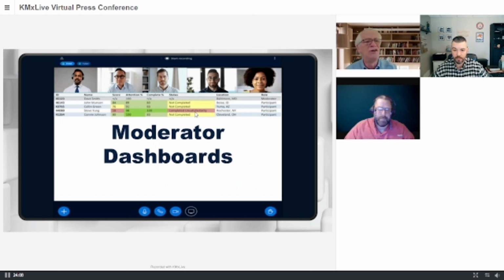When you come back into the room from an event, this is one of the things that the moderator can toggle to, is the Moderator Dashboard. The Moderator Dashboard shows the name, the score, the attention percent, and that means, is the student looking at what you've got in front of them, or are they looking at Facebook or YouTube videos, or not even participating? You'll be able to tell that with the attention percent factor. You can tell how complete they are in any event that you've got pushed, their current status, whether they failed or are about to fail.